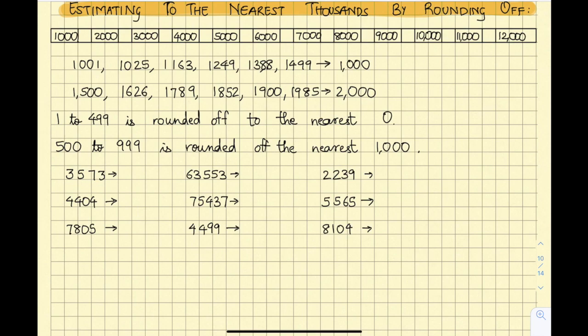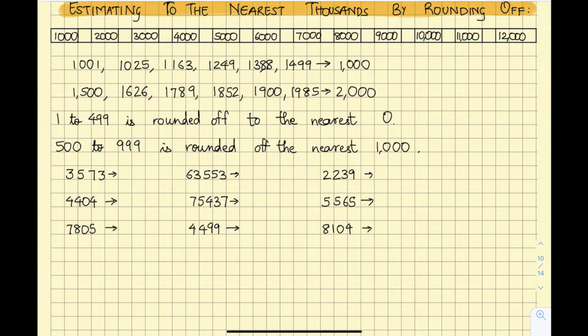Let's pause the video for a minute or two and then we'll solve this. Okay, let's get started. Here the question is 3573. We have to round it off to the nearest 1000. So one lesser below thousands, we have the next lower group as 100. So you have to keep in mind 1 to 499 and 500 to 999. So 573 comes in the category of 500 to 999.